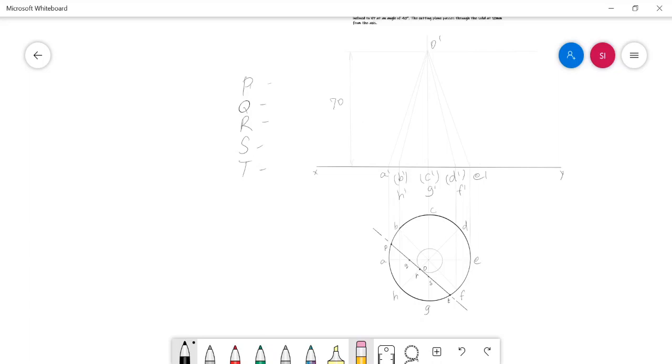The cut point P is obtained in the arc piece AB in the base, and the cut point Q is obtained in the slant generator OA, and the cut point R is obtained in the slant generator OH, and the cut point S is obtained in the slant generator OG, and the cut point T is obtained in the base arc piece FG.